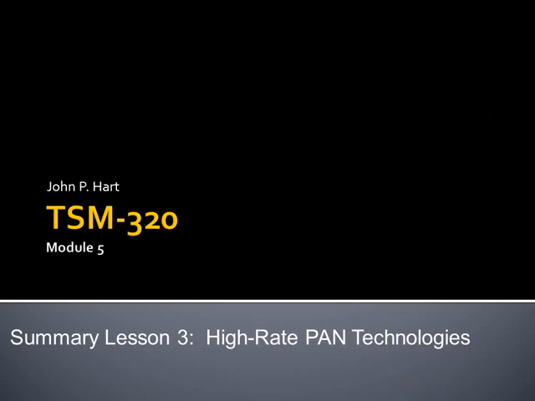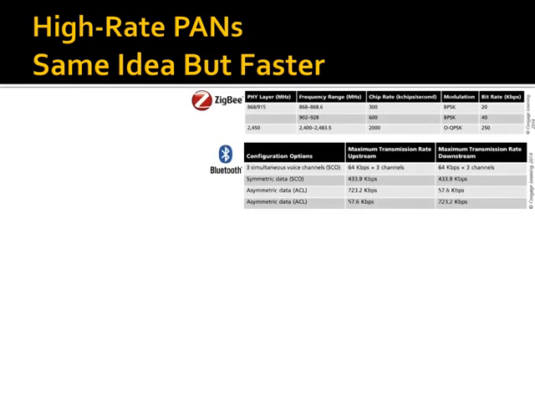Okay. So what we're looking at in this presentation are high rate PANs. Basically what went on is we defined low rate PANs, and we've talked about how they work. We've related them to OSI layers 1 and 2. Remember that the original reason for doing this was to replace cable connections to peripherals, low-speed data like RS-232 ports, keyboards, mice, that sort of thing. Great idea. It was wonderful. Caught on in a huge way.